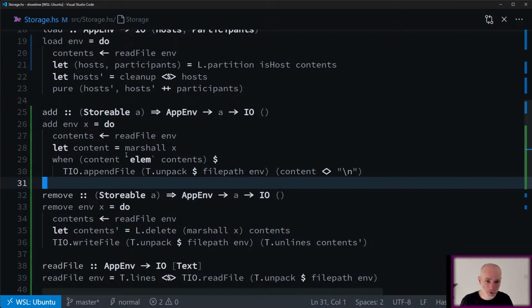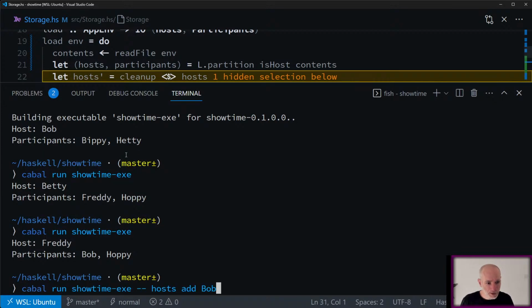Then we add to the file with a new line. Okay, build that.